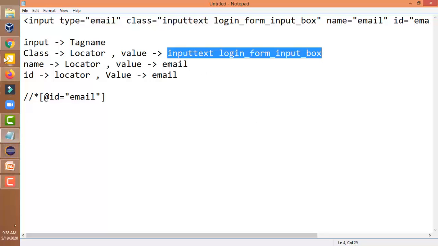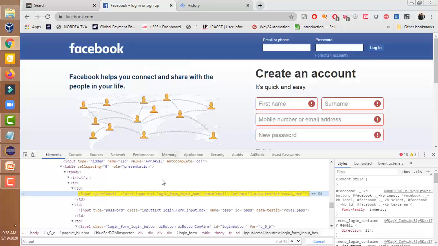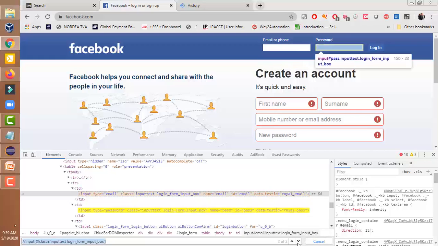So go to the web element, input, class is equal to single quote, Ctrl V. This is the class, it's not the ID, it is class. Basically two elements are there with the same value.